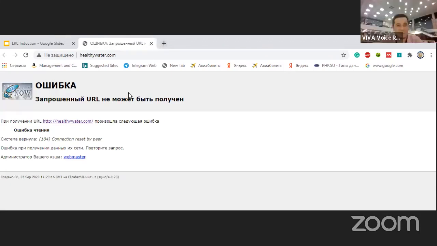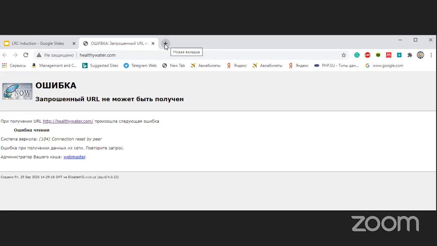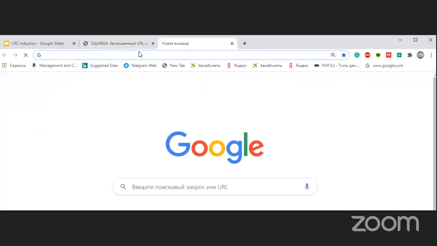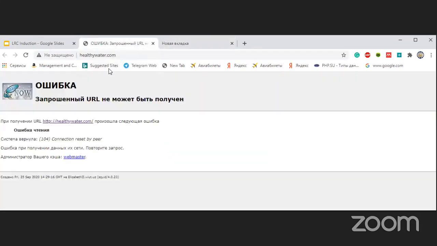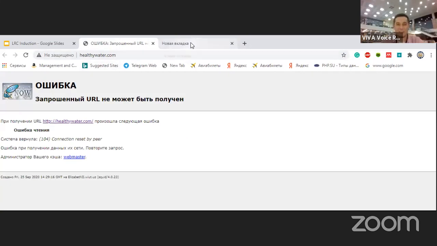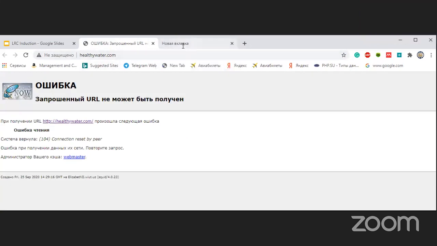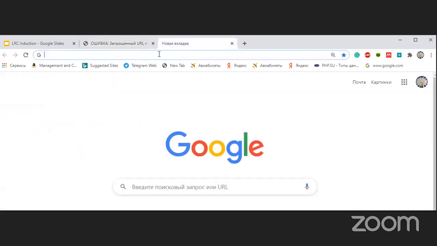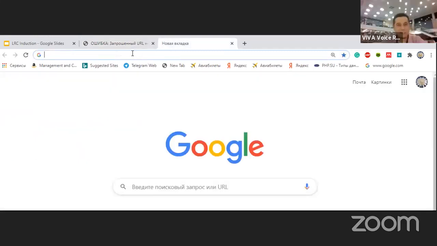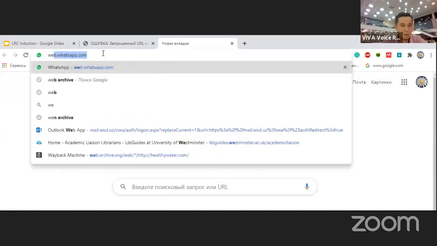Why do you think it's not credible? If it's not opening, it doesn't mean that it's not credible. Yeah, because maybe some protection system doesn't allow you to open it. We used this site last year for our students. It's redirected to another site. In order to find this kind of archived source, you need to go to the web archive